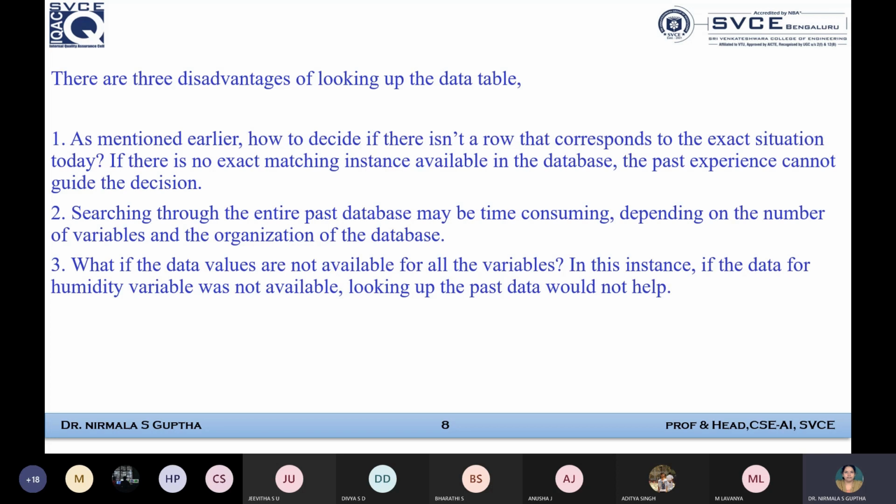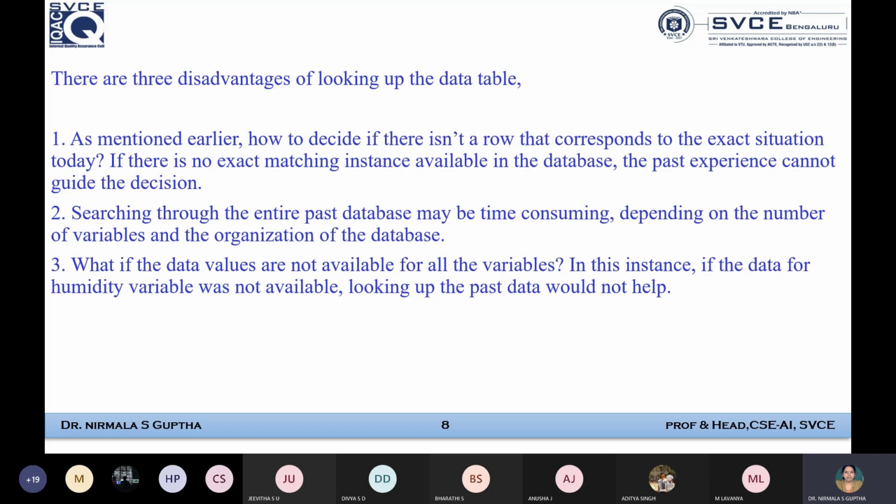So I need to make an understanding of early morning data or yesterday evening data or yesterday morning data by 9 o'clock. So how was the temperature? How was the weather yesterday? So I can start digging into that. But completely the past experience cannot give us the guidelines to give a better decision. But we can try to make use of it as a past history for comparison purpose. So I need to have an exact matching instance available in my table for the current situation. So then only we can make a decision.